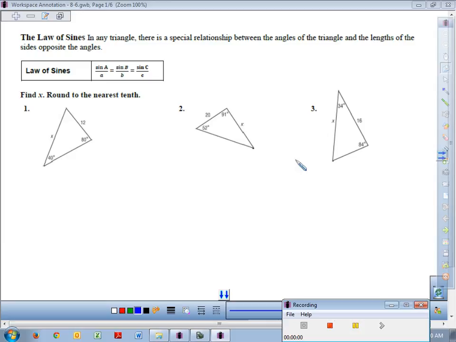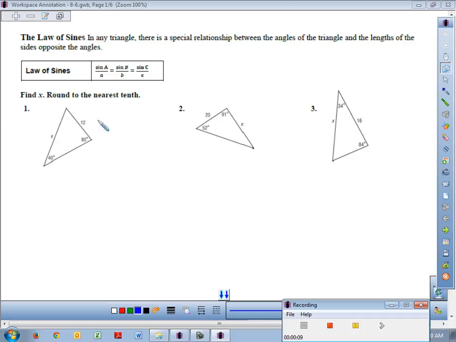Right, this is 8-6 in advanced geometry. Today we're talking about the law of sines and the law of cosines. How do you know when you need to use either law? Well, first of all, they'll give you some triangles, and the thing is why the old school trigonometry of SOHCAHTOA,